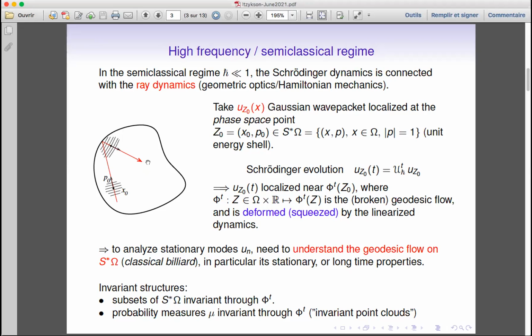So this means that if we want to analyze stationary modes, which are modes that are not modified by the Schrödinger evolution, except by a global phase,